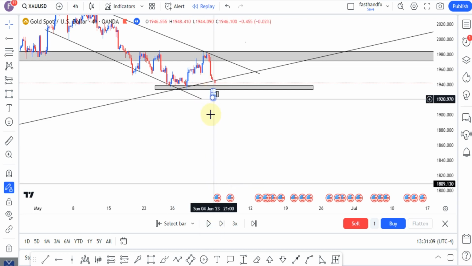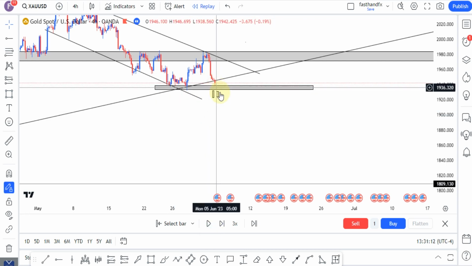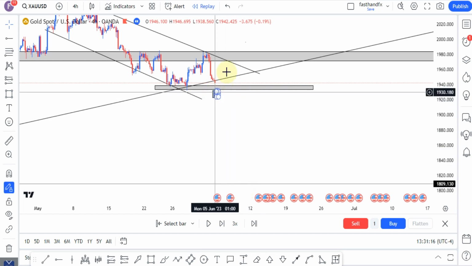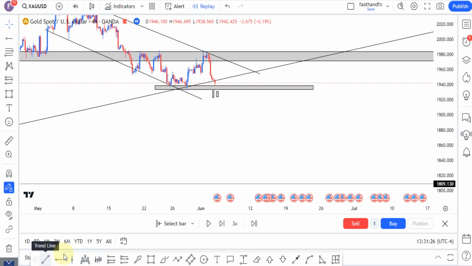So a breakout, the market gives us a retest, then now we can find an entry from here all the way down there, and this one should be a scalp or just the trade